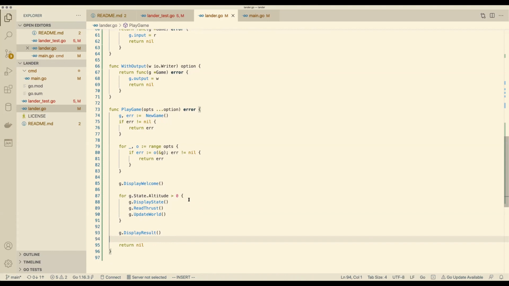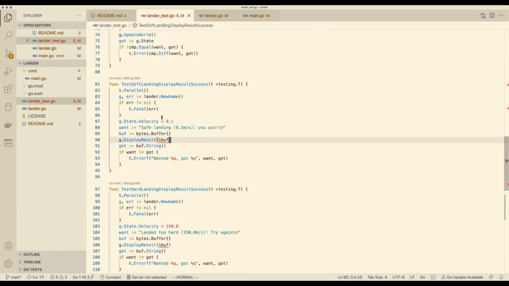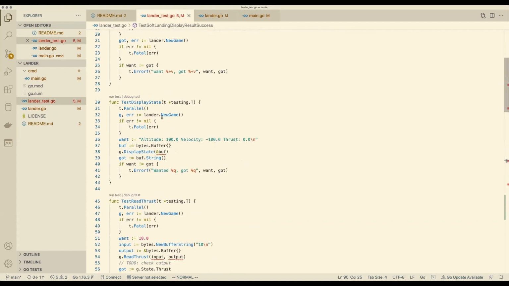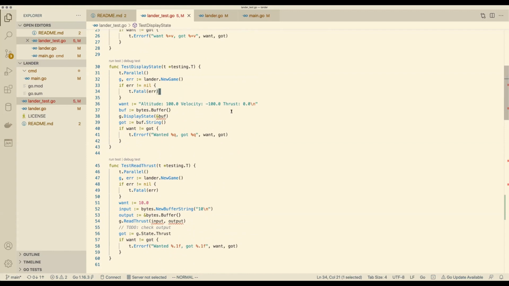Okay, test file looks angry still. Signatures. We need to. Oh, yes. Oh, that's interesting. So we can no longer now just pass a buffer to display state. We need to do something different. Okay. So we know that this is right now part of our G. So we need to basically